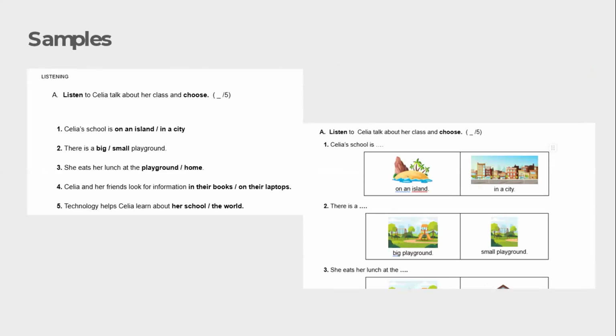This is the latest exam we adopted last week. It is a listening activity, and neurotypical students would receive the typical listening activity where they have to choose the correct option. They listen and they choose one or the other. And for neurodivergent students, we offer extra support with an image.